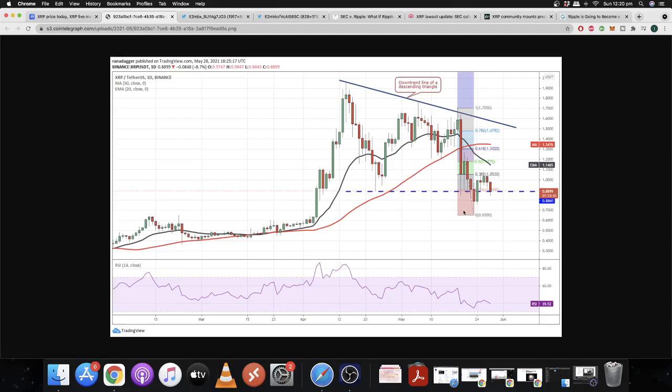pullback. If the price breaks and sustains below 88 cents, the bears will try to put the price down to 65 cents. The downsloping 20-day EMA of $1.14 and the RSI below 40 suggest that the path of least resistance is to the downside. A break below 65 cents could open the doors for a further decline to 56 cents. On the contrary, if the bulls defend the 88 cent support, the XRP USDT pair may rise to the 20-day EMA. A breakout of this resistance could result in a rally to the 50-day SMA of $1.34 and the downtrend